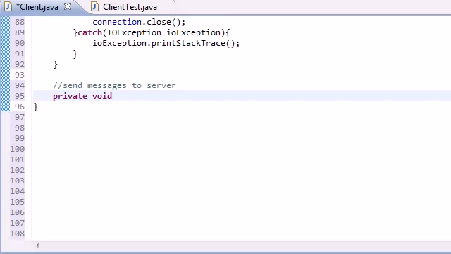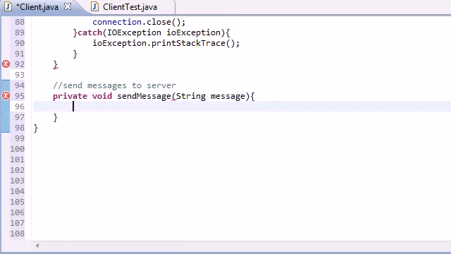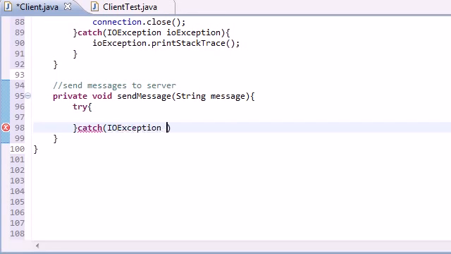So private void sendMessage, and of course it's a string that gets passed in, and we'll just go ahead and treat it as message. Now what we want to do is of course put it in a try catch statement, and hopefully this catch never runs. So IOException,